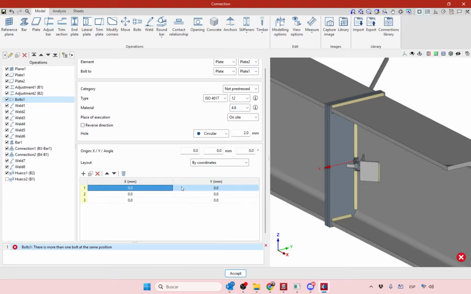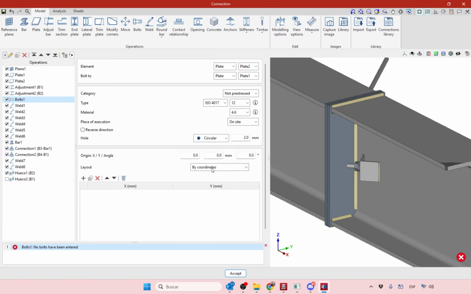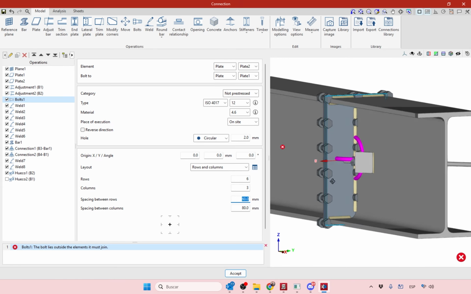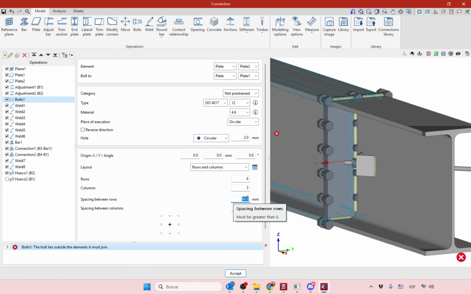It was possible to copy and paste this data. So if you want to copy and paste it from Excel, for example, you could paste here, but it was the only option. From now on, we have more options here, not just by coordinates, but one option is called rows and columns. And basically here you define how many rows you want to add and how many columns, okay? And then you add a spacement between these